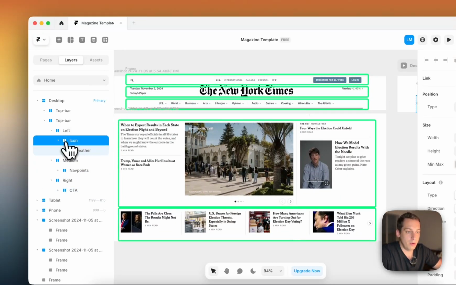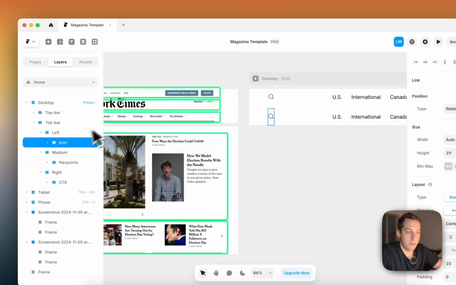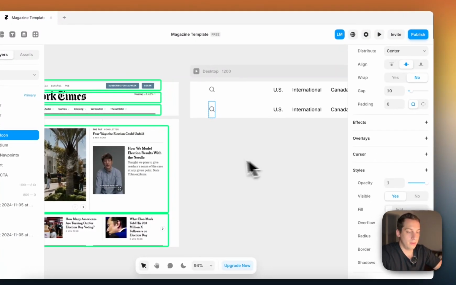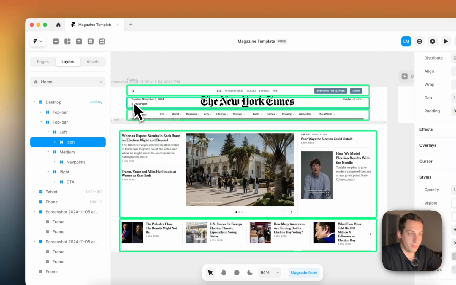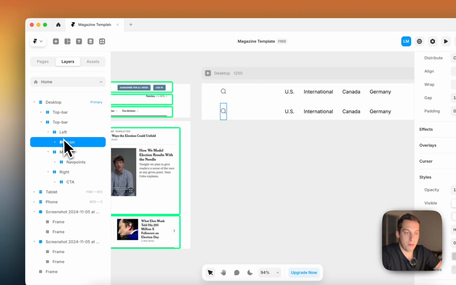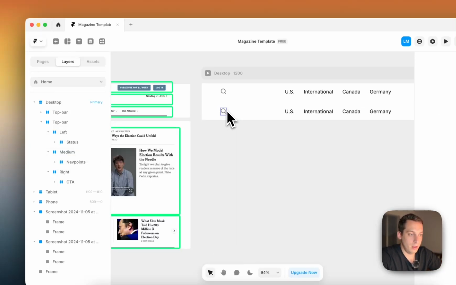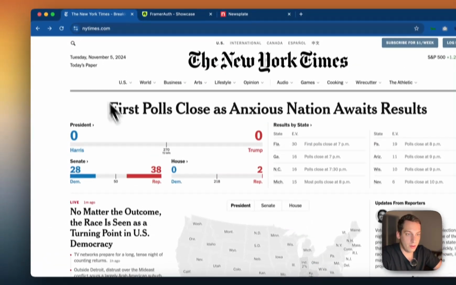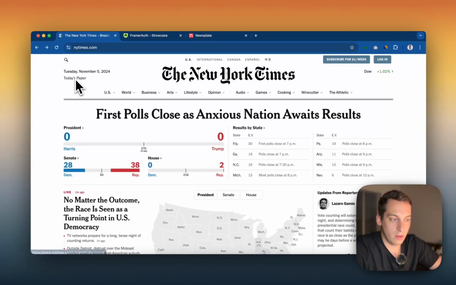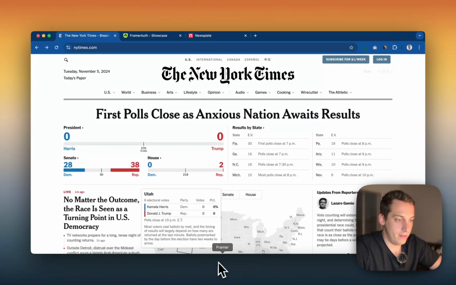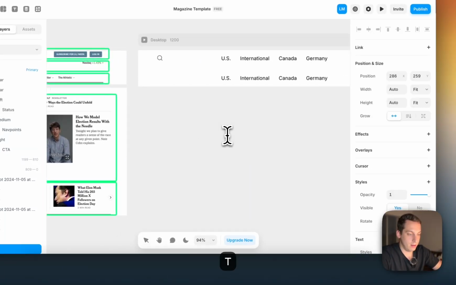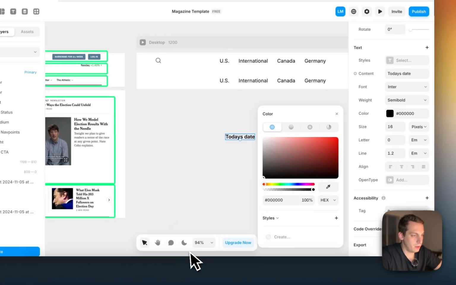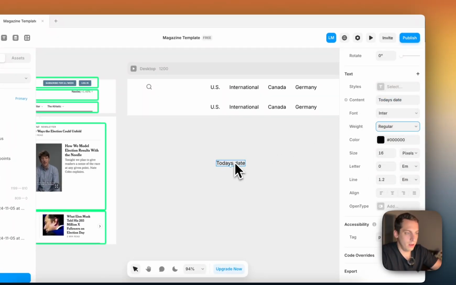a different type of content. So on the left, we would have not an icon, but we can write today's paper, right? Status. We can write status, and we can delete this. And under status, I don't know if these are also going to have. Okay, it's just going to be like a text. So let's go back here. Under status, we want to write today's date, and we can make this black and regular,